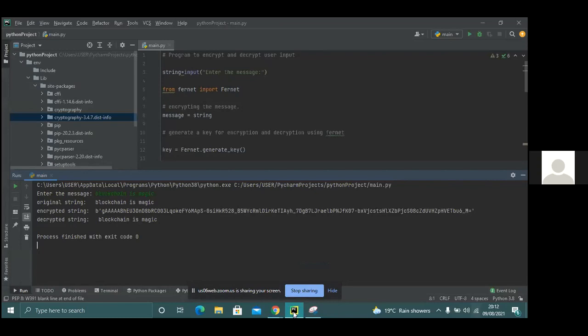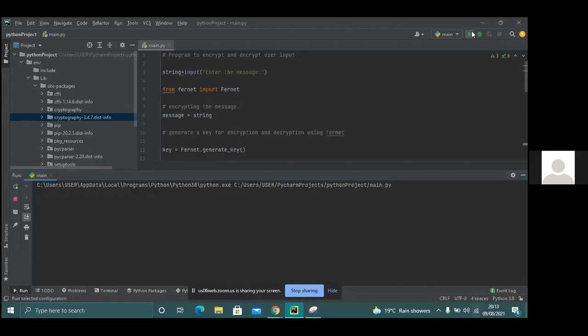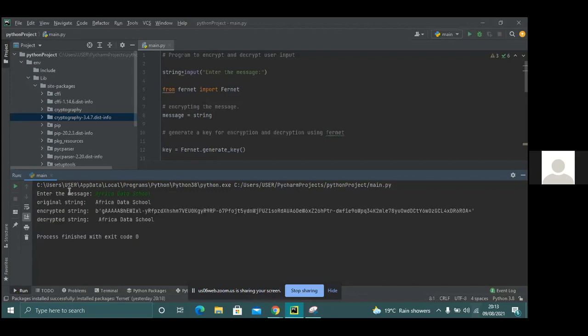Can you see my pie chart? Yes, I can see. So let me run it again, so I can read any message. Is it okay?